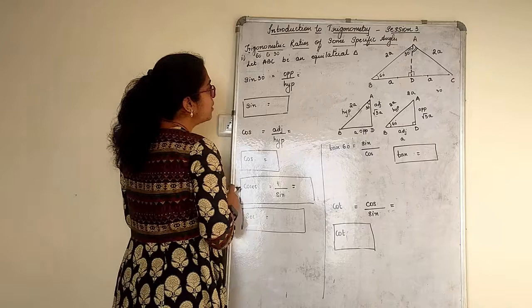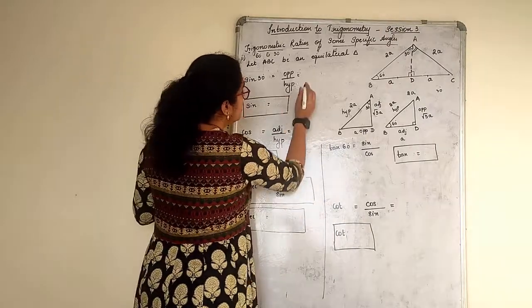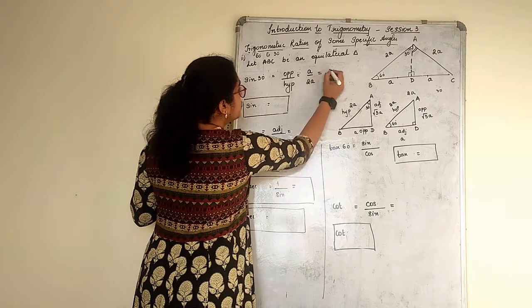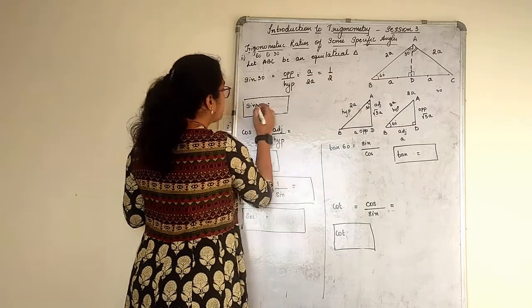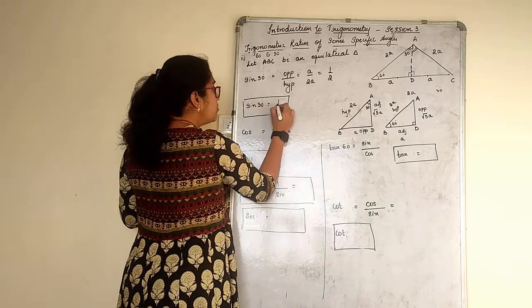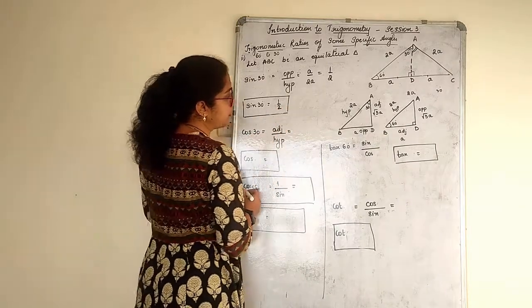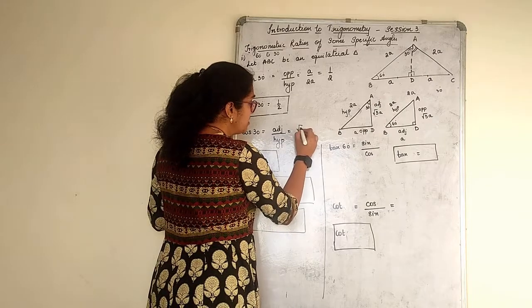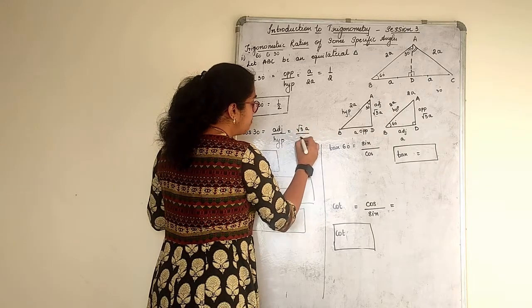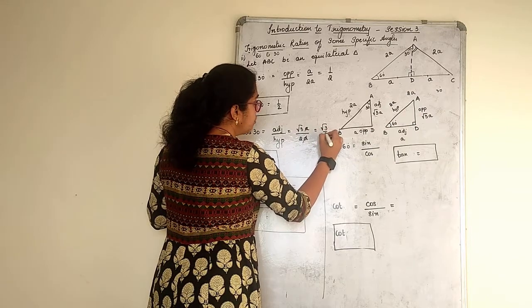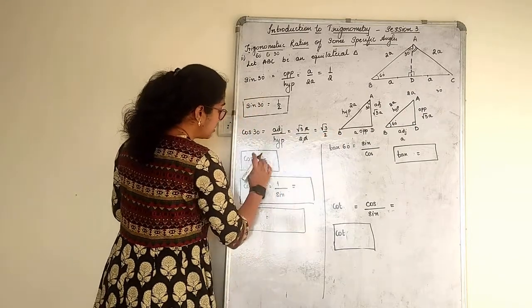Sin 30 is equal to opposite by hypotenuse. So opposite is a upon 2a. So answer is 1 by 2. Sin 30 is 1 by 2. Cos 30 is adjacent by hypotenuse. Adjacent is root 3a upon 2a. So this is root 3 by 2. So cos 30 is